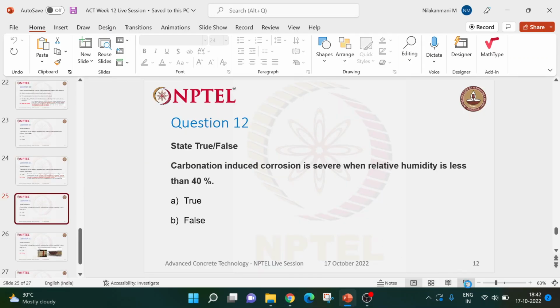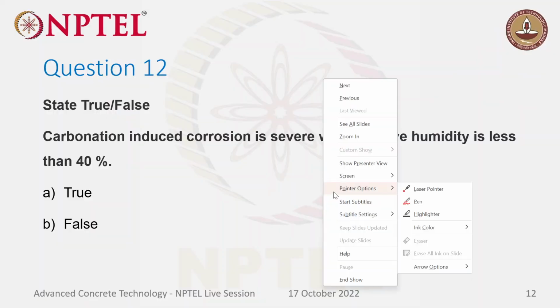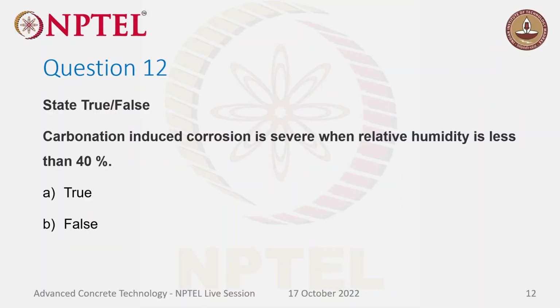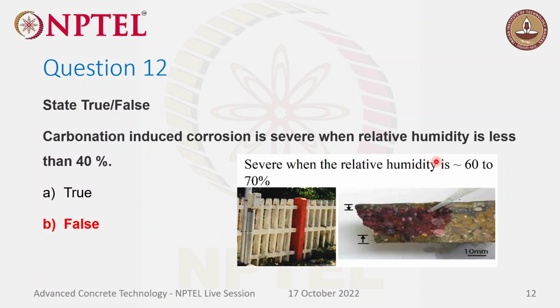So most of you, if you would have gone through the lecture PPT, you know what the critical relative humidity is that influences carbonation induced corrosion. It should be in the range of 60 to 70, or even 60 to 80% relative humidity. Even when the relative humidity is very high, then the pores will be filled with water, so there is no way for the carbon dioxide to go inside the